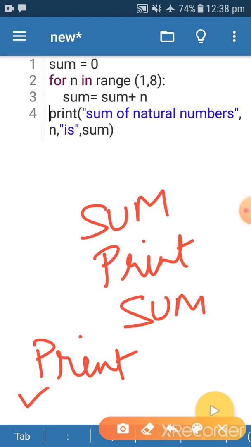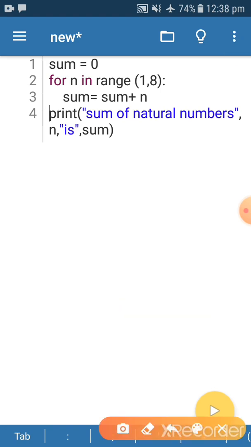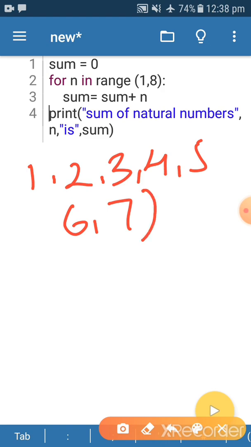Now how does it work? Your list is 1 2 3 4 5 6 7. Sum is 0 plus 1, 1. Now from here only it will move back. So this for loop runs 7 times.